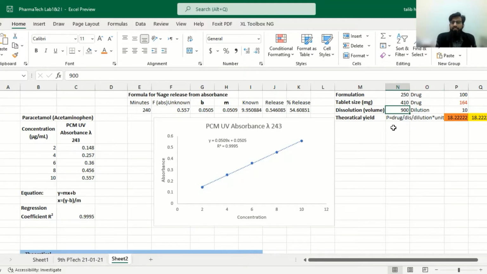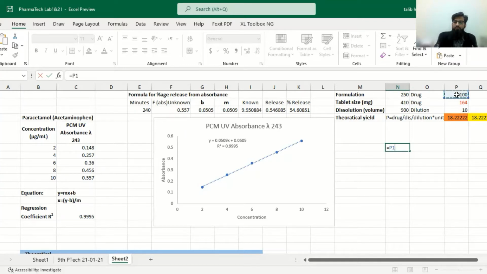So to calculate its theoretical yield, we will click on a cell, add an equals sign, and then divide the drug with the total weight, because it is a weight in that drug, and then we divide it with the dissolving media.